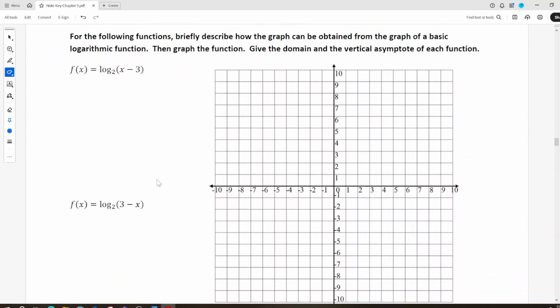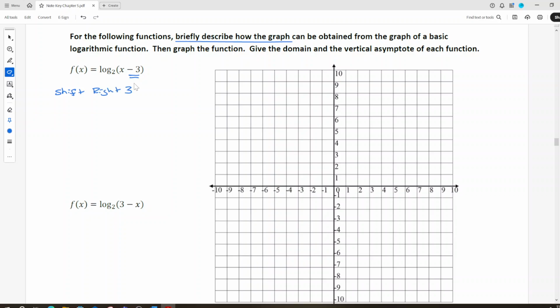So let's look at some. Let's start off looking at y is equal to log to the base 2 of (x minus 3). Thinking about transformations, is this minus 3 going to be a transformation on x or a transformation on y? Well, where is it? Is it in the bracket with x or is it outside of the bracket? It's in the bracket. So I'm going to briefly describe how the graph can be obtained, and I'm going to take the original graph and shift it right